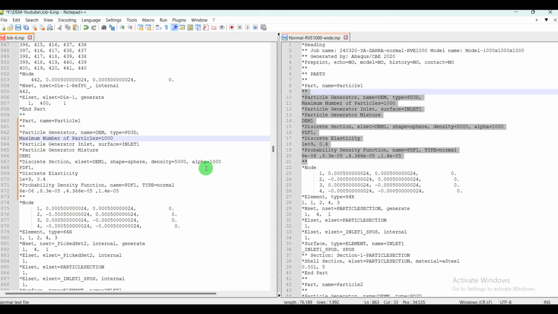As you know, when the particle is generated and goes to the end of a box by its gravity, maybe you saw a splash and your particles spread around or outside of the box. So it's necessary to define an appropriate number for density and alpha, and I use PDF1 for the